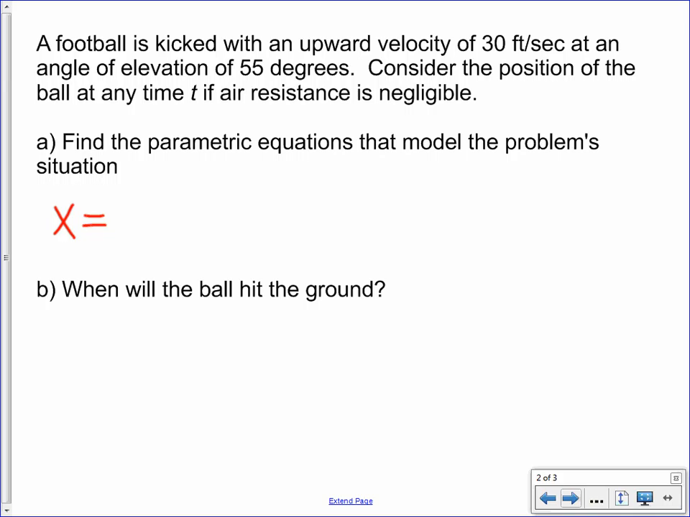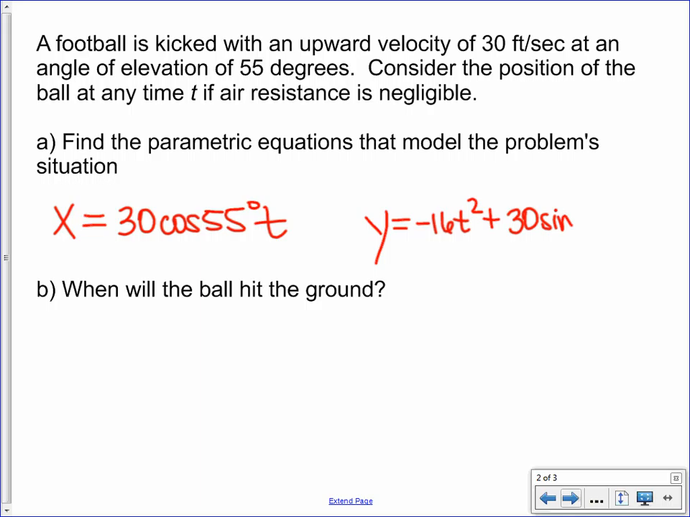Kyler, what would we write? X equals 30 times cosine of 55 T. And then, what is our y equation? y equals negative 16 t squared plus 30 times sine 55 and then times t plus